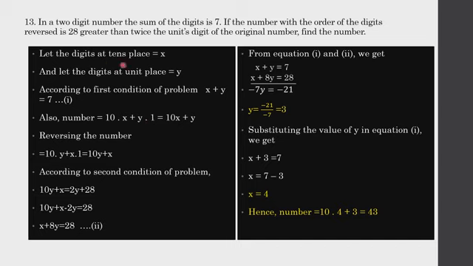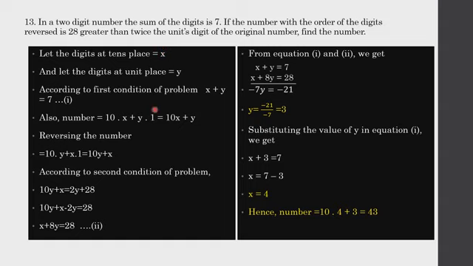Similarly here, our number is xy. So the value of x is 10 into x and y is y into 1. Now in a two-digit number, the sum of the digits is 7. That means 4 plus 3 should give you 7. I'm just randomly telling you the number as a guess. Now if the order of the digits is reversed, your units place becomes tens place and tens place becomes units place. So xy will now become yx.